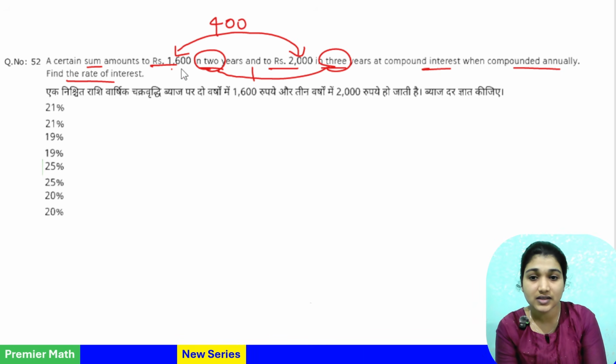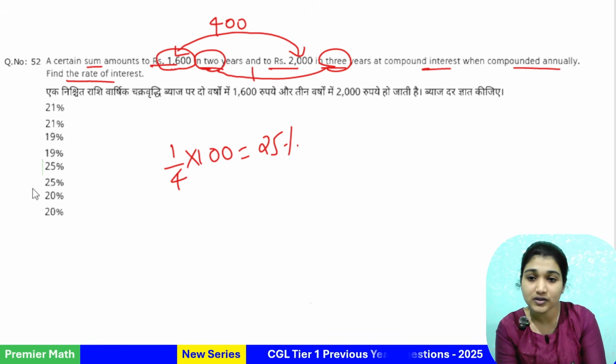This 400 is generated from the 1600. So 400 is 1 by 4th of 1600. Then 1 by 4th of 100 is 25%. Option 3 is your answer. Rate is equal to